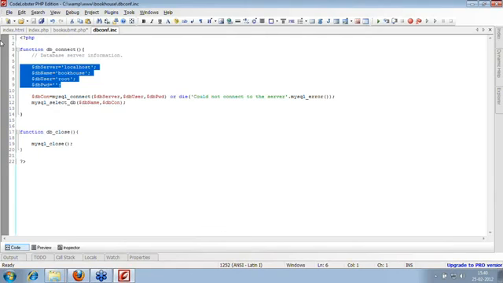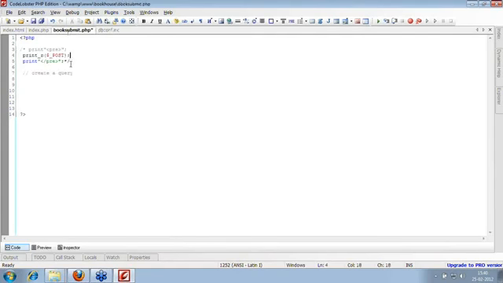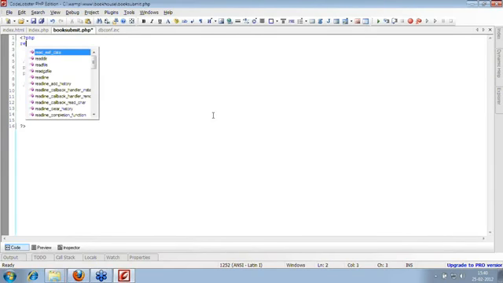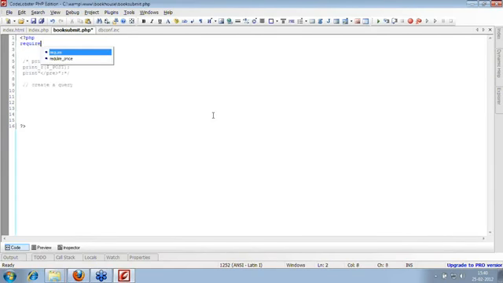Now this is what we have created, the connection script. In our book submit, we got the posted values. Now we need to connect to the database. So we have just created a configuration file, or library, to connect with the database. First we need to call that library in our PHP code. So we have the functions include and require. Here I'll use require, because if I'm not able to connect with the database, I don't want to execute my program, and I want to get the error.